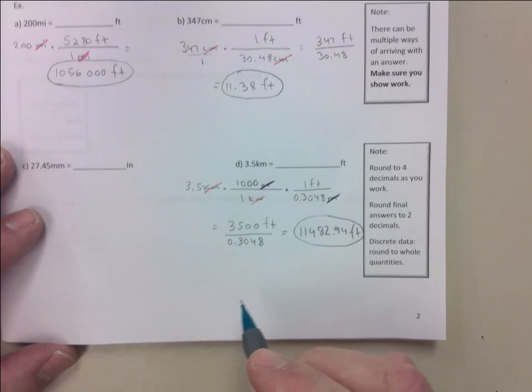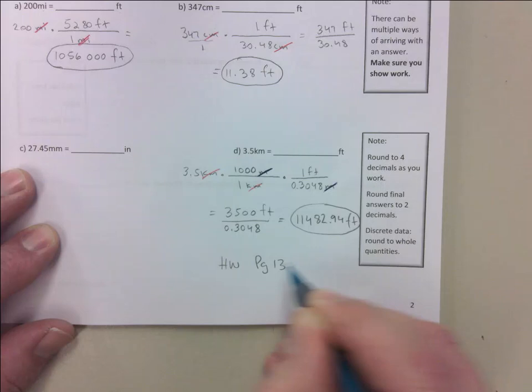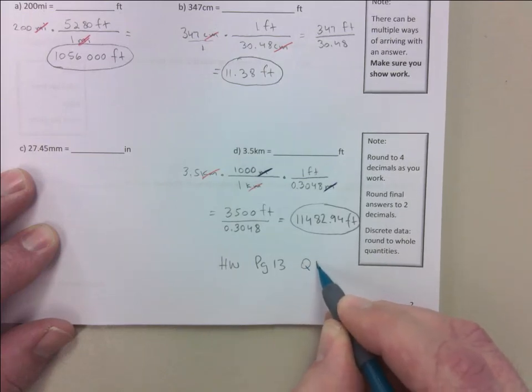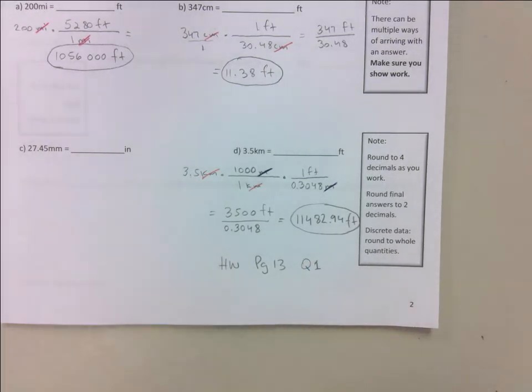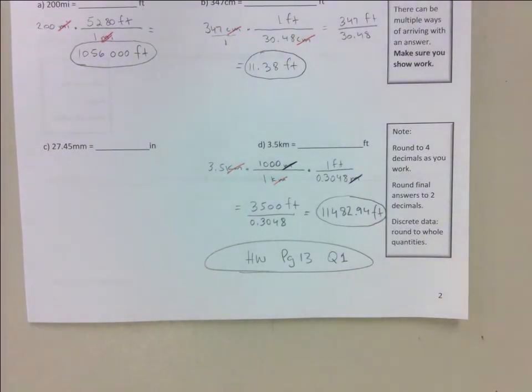I want you to do page 13, question 1. That's it. So put your homework down. Page 13, question 1. Question 1 has a bunch like A, B, C, D all the way. Okay? If you dare to do a little bit more, you go for it. If you want to use today's class,